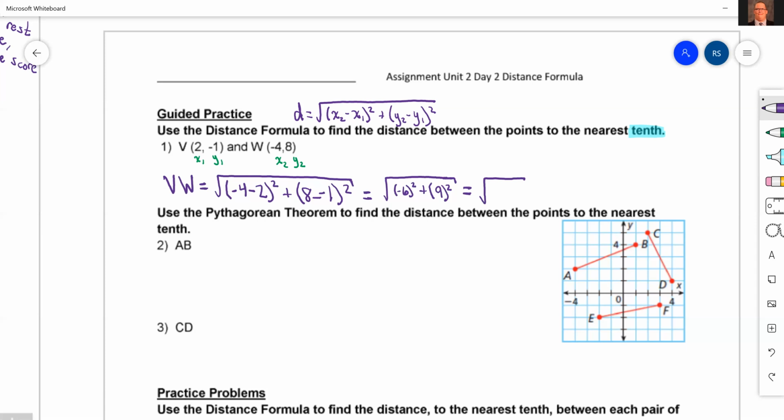That should give me, let's see, 6 squared plus 9 squared, 117. The square root of 117 is